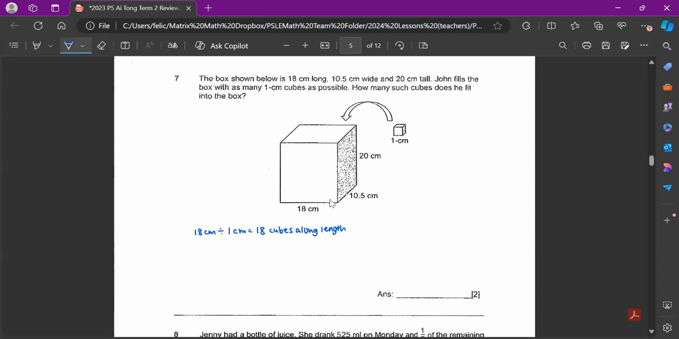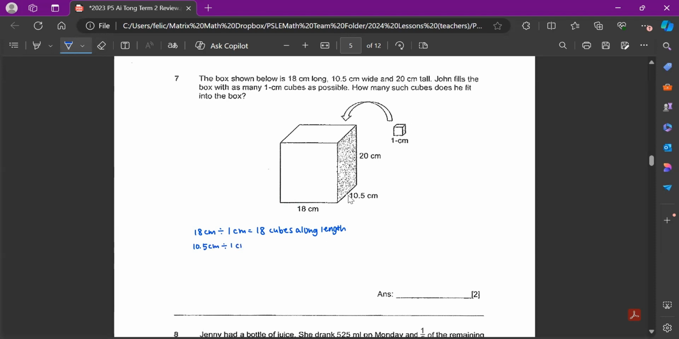Now, seeing along the breadth, I don't know how to draw breadth out loud, but I hope you get the gist when I explained earlier. You're fitting a lot of small cubes along the 10.5 cm. That means you're fitting along a lot of 1 cm along the 10.5. So again, same thing, we're doing a division step, 10.5 cm